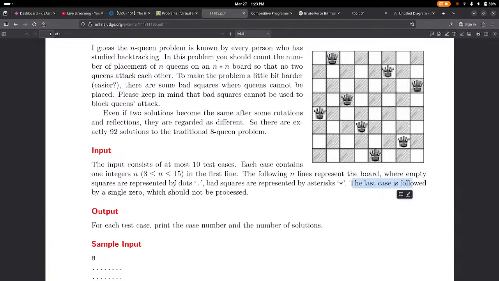The naive way of doing this is trying to permute, even with enough pruning, and find all of the possible solutions to a normal n cross n board. Okay, there are some bad squares. Okay, okay, okay. This makes